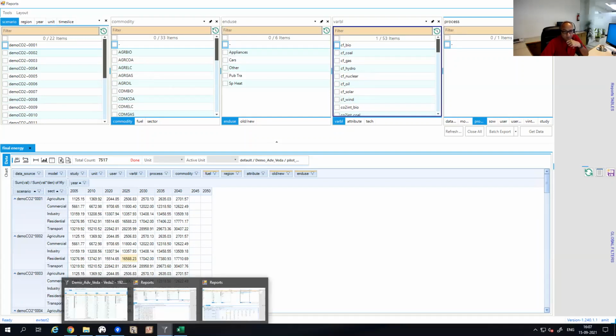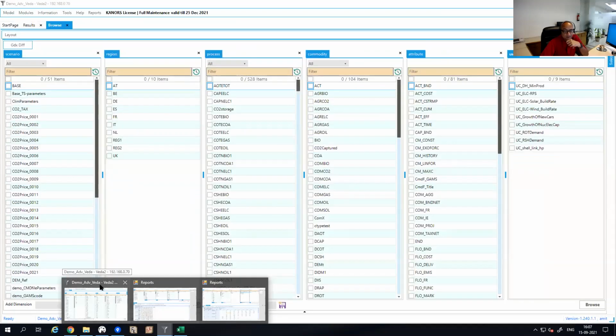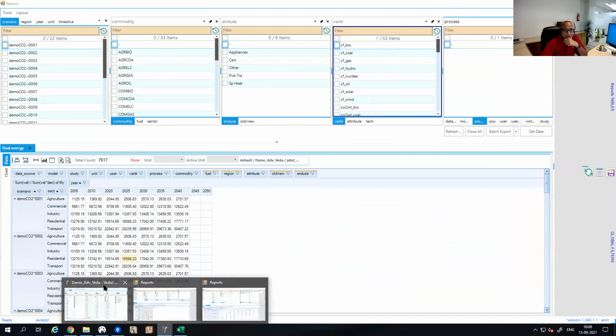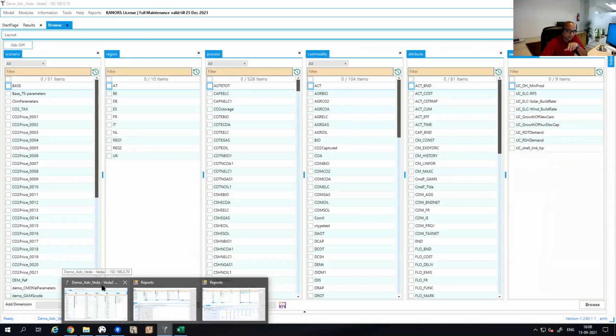Now, when I say different models, you would normally not select scenarios from JRC-EU-TIMES and NTM, it would not make sense, but you could have different versions of the same model, which is often the case. You are using a model for a project, and there's a slightly different version which is called different in your Veda, so you may want to compare scenarios across those, and that is not possible easily in the